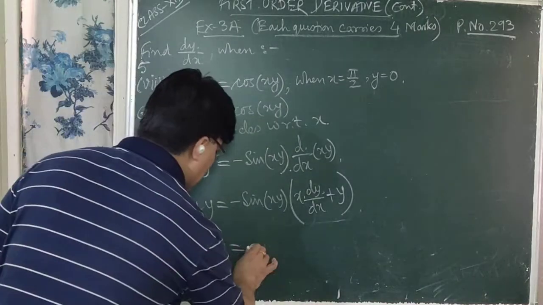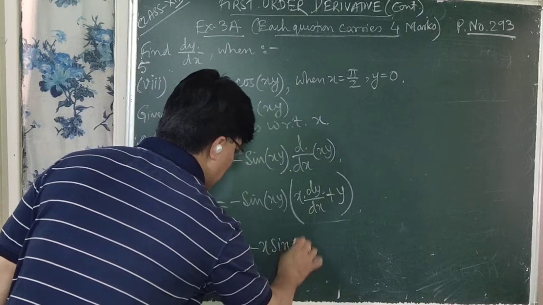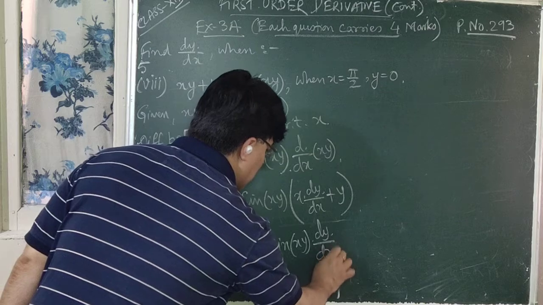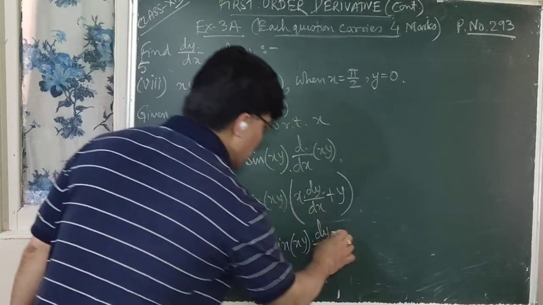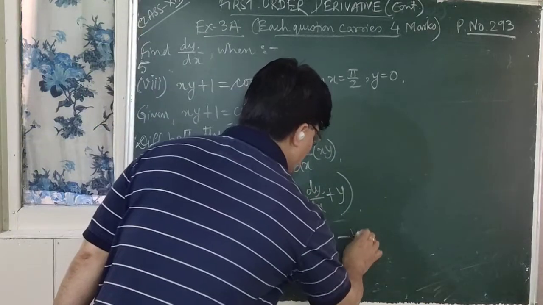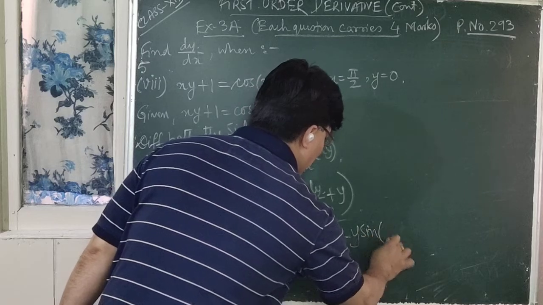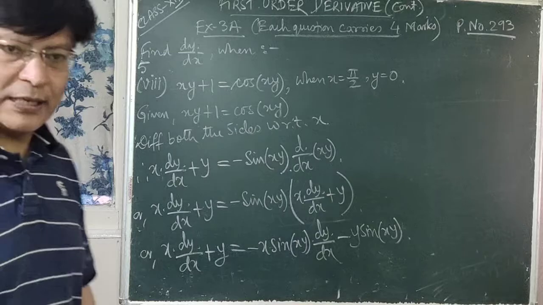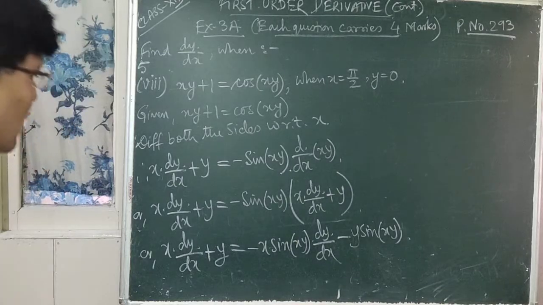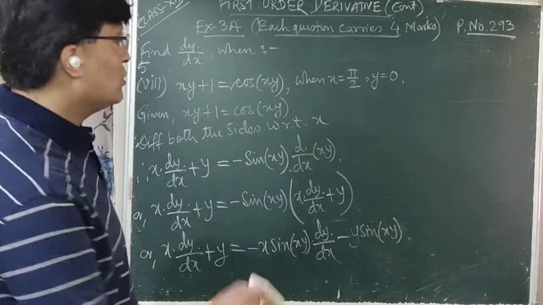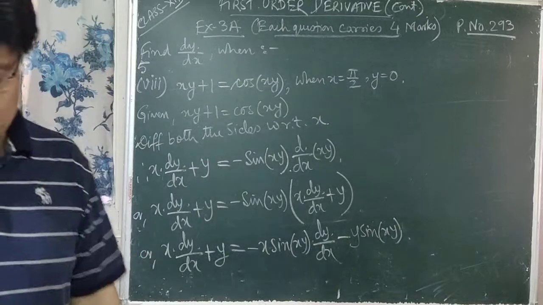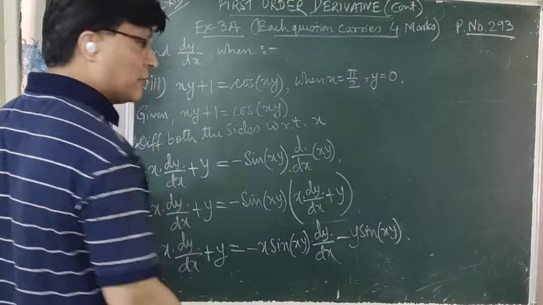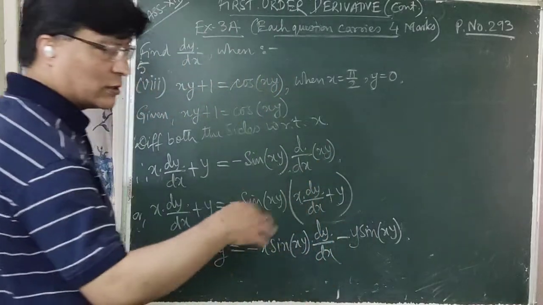So what do we get? Minus x sine of xy into dy by dx, right? So minus into plus, minus, then y sine of, within the bracket, it is xy. Is it clear now? Now you should get the value for dy by dx. Okay. Now keep the terms containing dy by dx on the left hand side and all of the other terms on